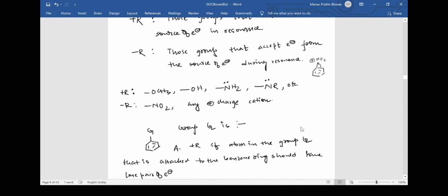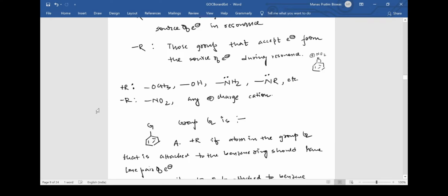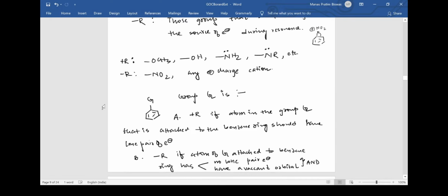I have given some examples of plus R and minus R groups. Plus R groups are those that have a lone pair. It is quite easy to understand, because if they don't have a lone pair, how will they give the electrons? Groups like that are OCH3, OH, NH2, NR2, and there are many others. I have given just some examples to help you understand, and in the exam you might be given other groups, so you need to understand which one is plus R or minus R. How will you identify plus R? They will have a lone pair. I have dealt with that in much more detail in the next slide. Minus R groups are those that accept electrons, so it can be NO2. This is actually NO2 plus. If you draw the structure, you'll understand that the nitrogen is positively charged.